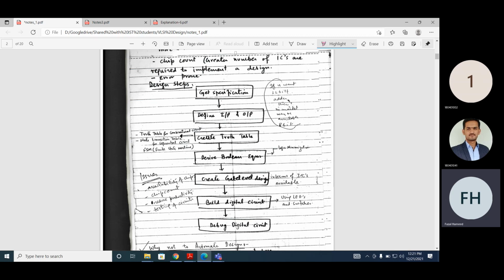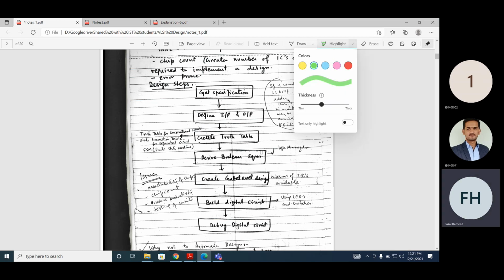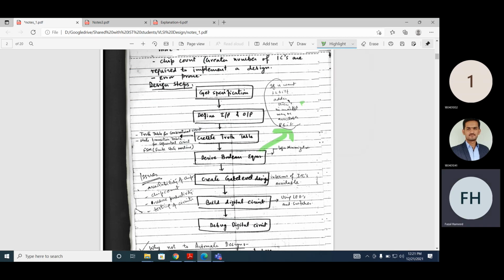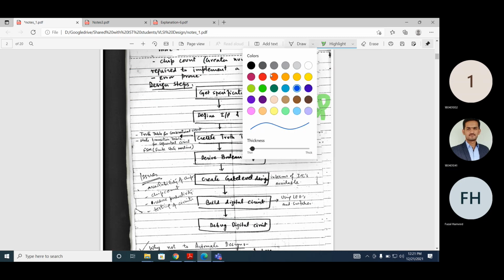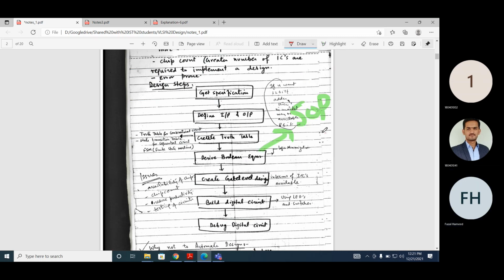After creating the truth table, what was the next step? You derive the Boolean expression. What kind of Boolean expression can you have? Can anybody tell me? SOP, sum of product. We studied the sum of product. Then POS, product of sum.